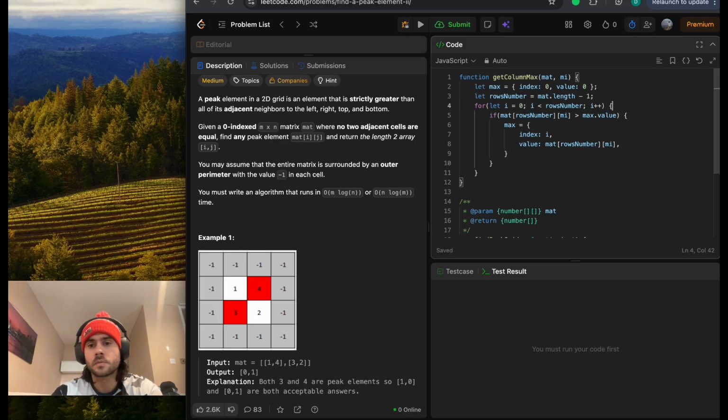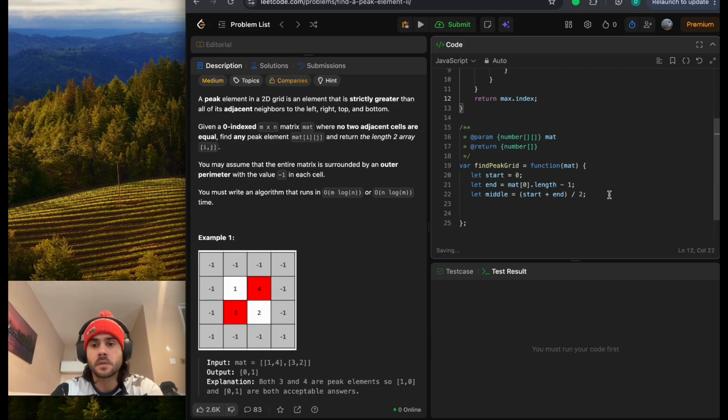So add first number column. Then return this. So if we run this with